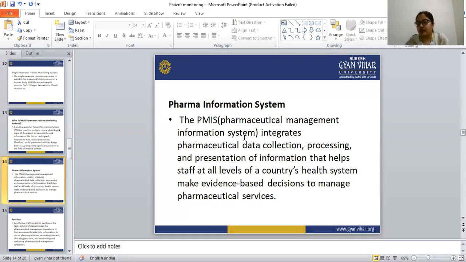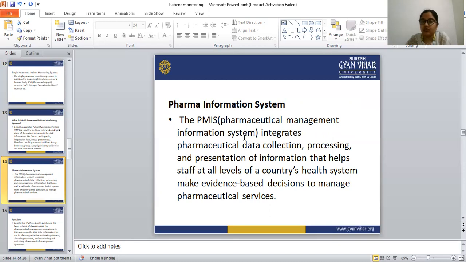And the pharmacy information system, that is PIS. Okay, the PIS are computer systems that are designed to fulfill the needs of the pharmacies. So the pharmacy information systems are the computerized systems designed to fulfill all the needs of the pharmacies, or all the needs of the pharmaceutical management system. It is quite a complex system which is used by the pharmacist for monitoring how medication is used in the hospitals.